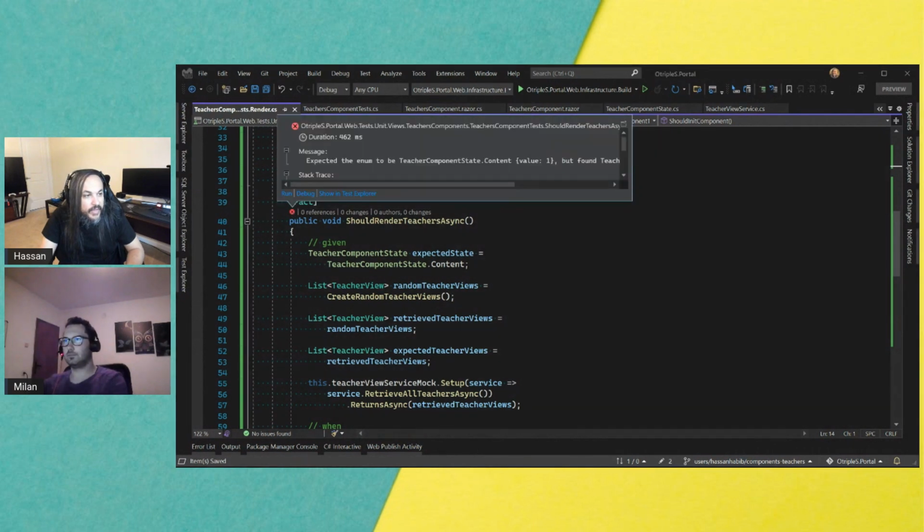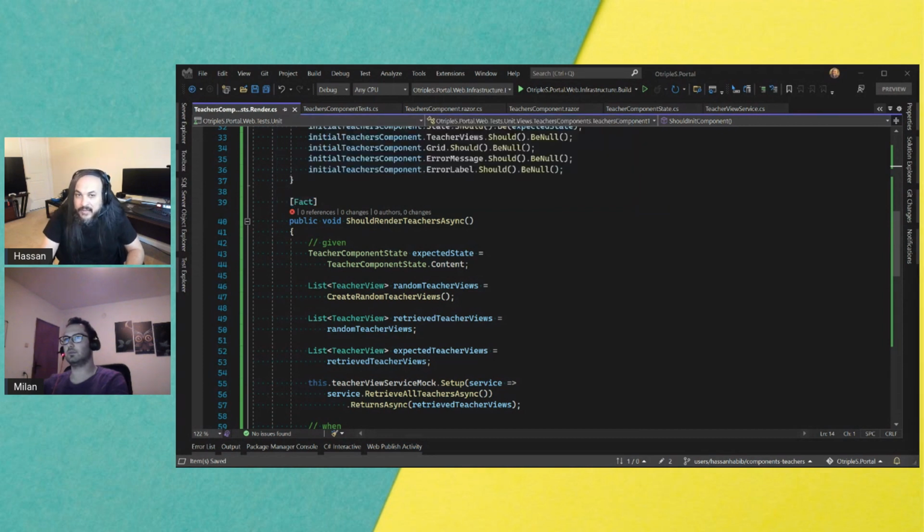What is it failing? What is it saying? It says I expected the state to be content, but the state was not. Okay. So while we're doing that, let's show the world